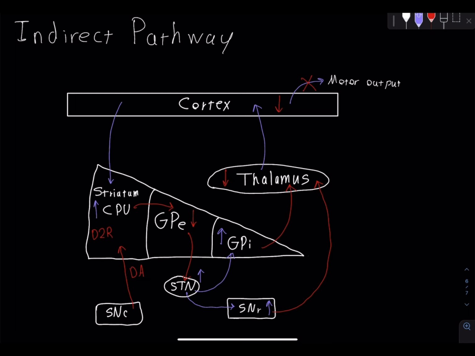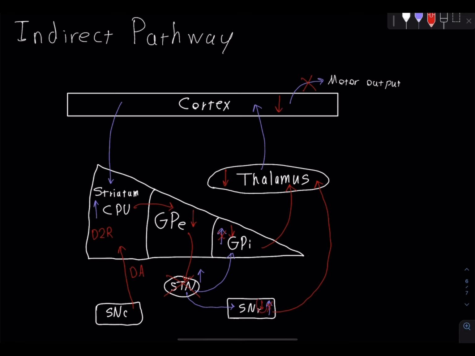So hemibolismus is another hyperkinetic disorder. It's going to be caused by a small stroke in the subthalamic nucleus. So this subthalamic nucleus is going to be lesioned. So if you don't have this subthalamic nucleus or it's lesioned, you're going to have less excitatory output to the GPE and to the SNR. Okay. What that means is that the activity of these two nuclei is going to decrease,